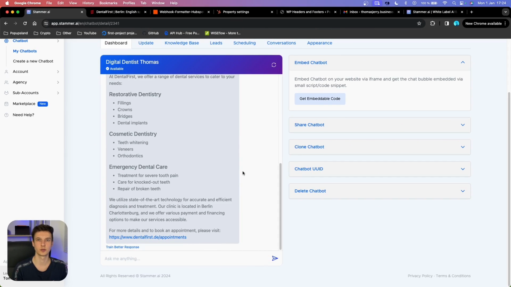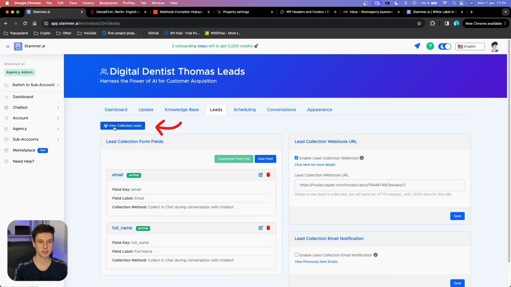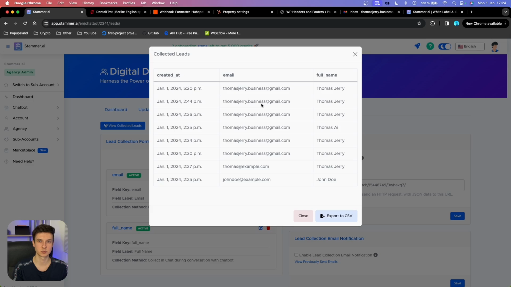All right, so how do we know that the full name and the email address was collected successfully? You can go actually and check that out over here. So we are going to go to leads. And then as you can see here, you have this button over here, view collected leads. You can see you can export all the leads that have been collected to a CSV. And as you can see here, this is the newest lead, which is having my full name as well as email as different variables. And so this one was actually right now sent automatically to Zapier,